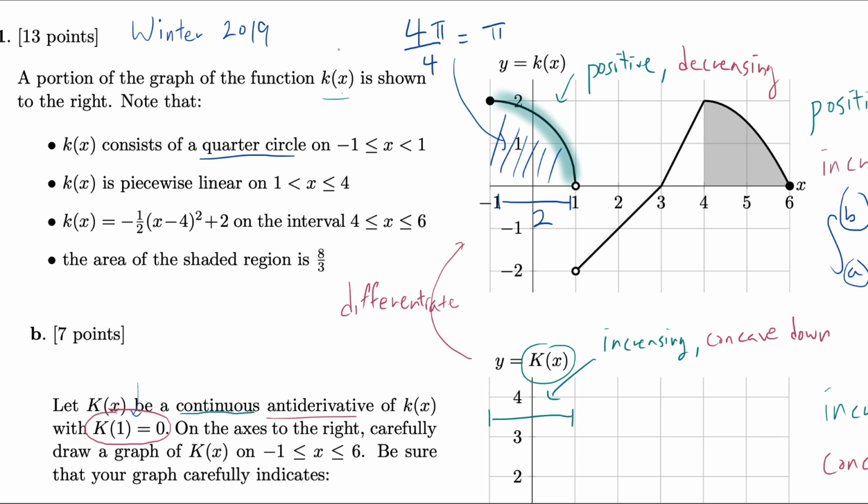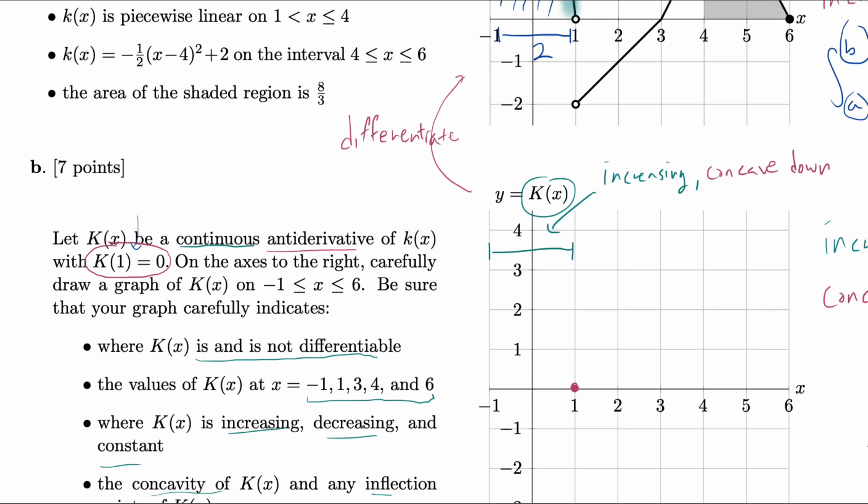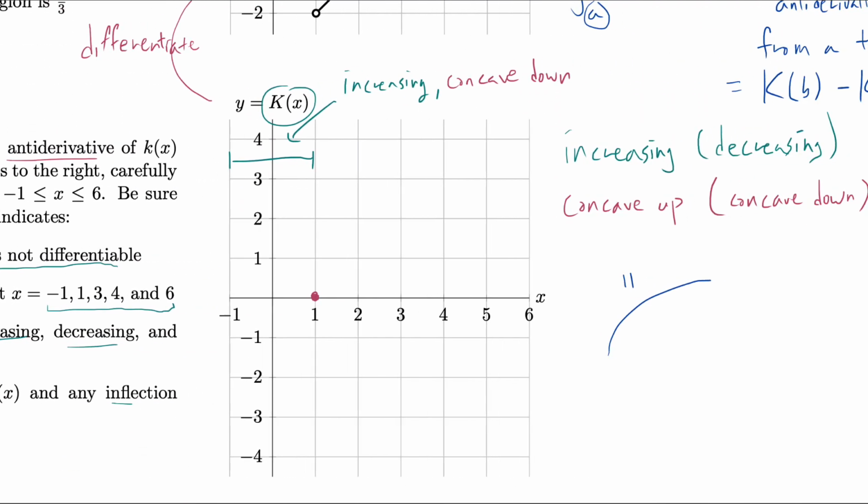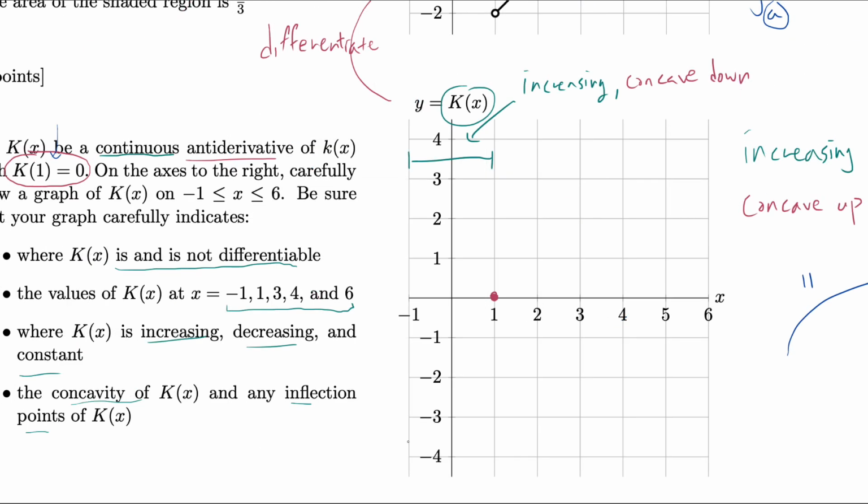So here the area of this part is exactly pi. So what does that tell you? That tells you that from -1 to 1, we're going up like this by pi. And since after going up by pi, our y value was 0, we better start at -3.14 at -1. So we better start at -pi-ish, and then we know we're going up, all the way up